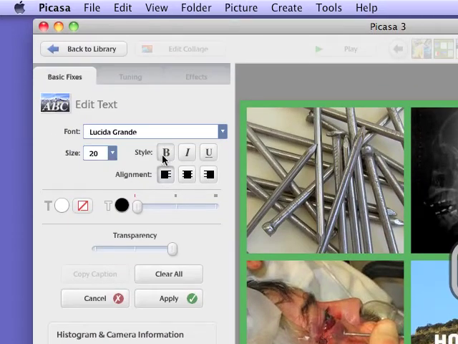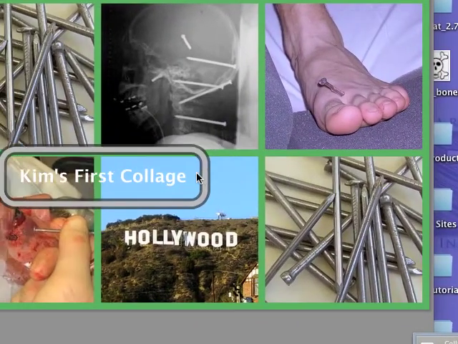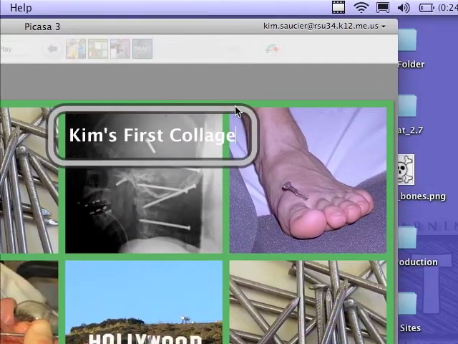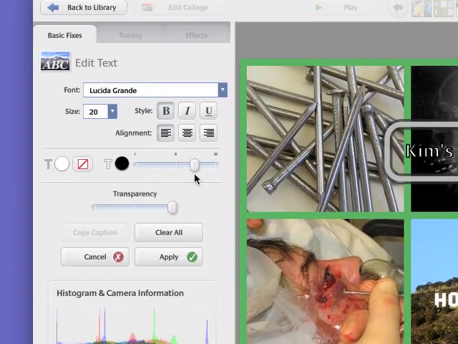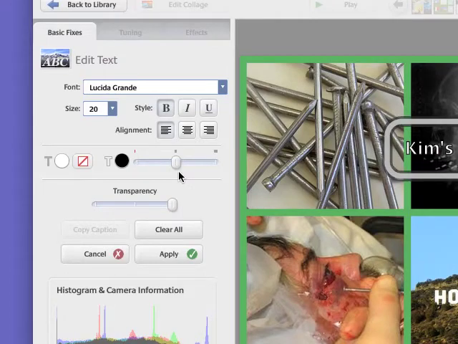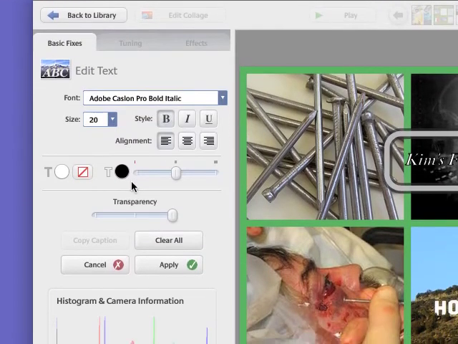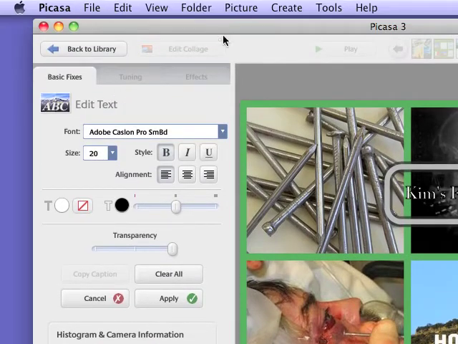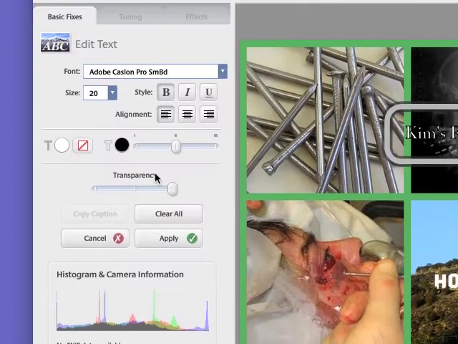I can change it so it's bold. I have to highlight that text. I can move the text around by just clicking on it and dragging it. I can change the transparency of it. If you notice, now it becomes less visible. I can do a bunch of things. I can change the text style. I can do all of those things, and then File, Save As,